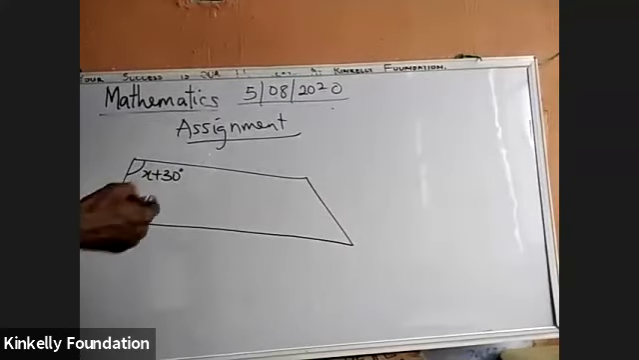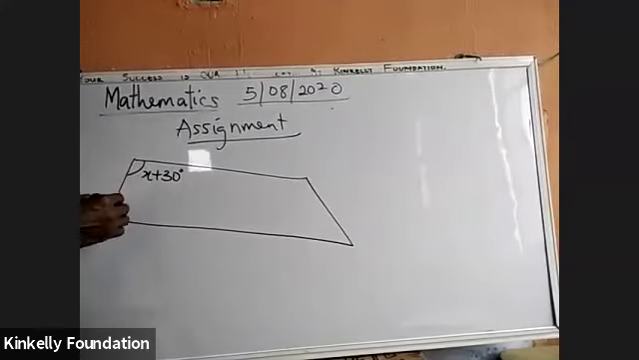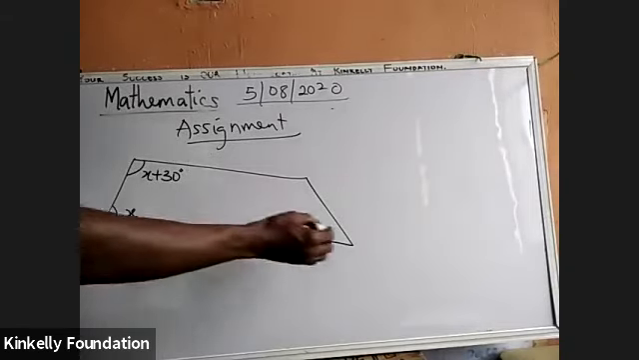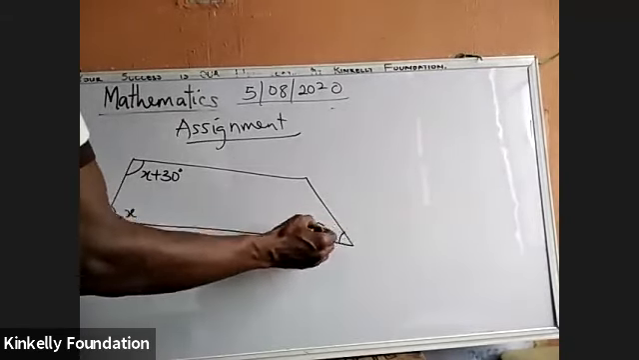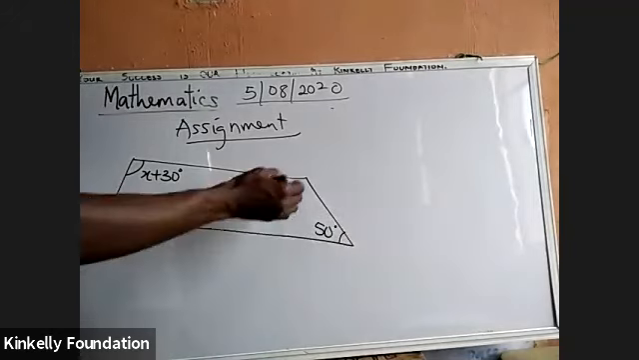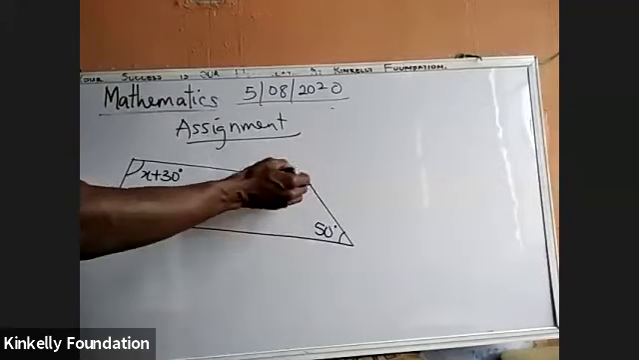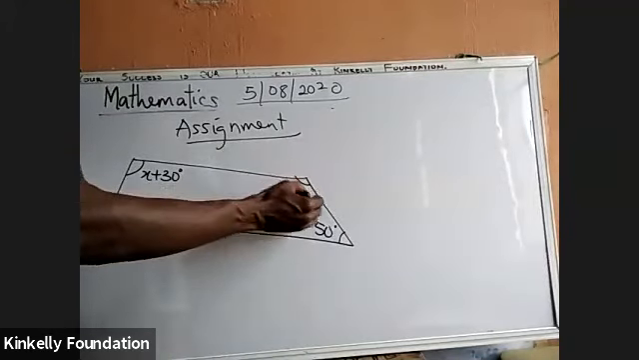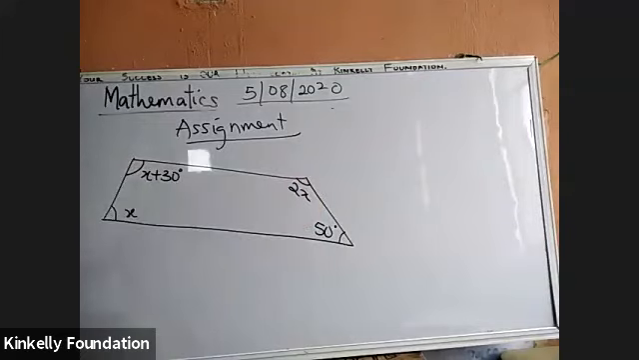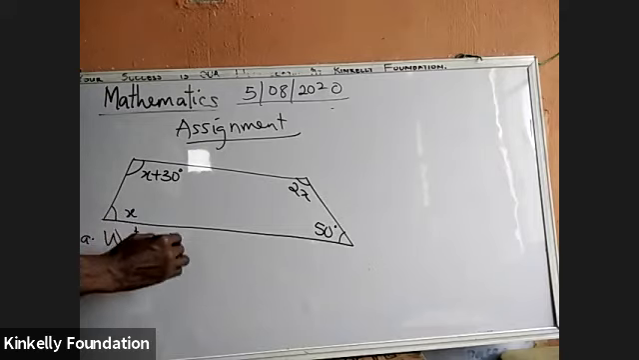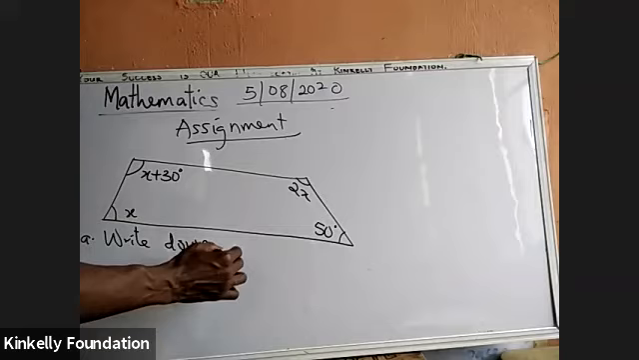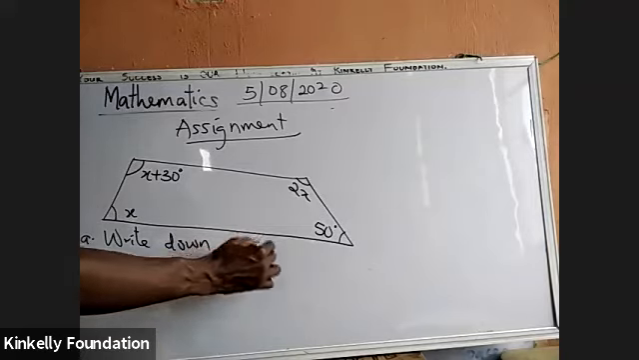Now this is x plus 30 degrees. Here we have only x. And here we have 50 degrees. And here we have 2x. This is a quadrilateral. Question 1a. Write down an equation